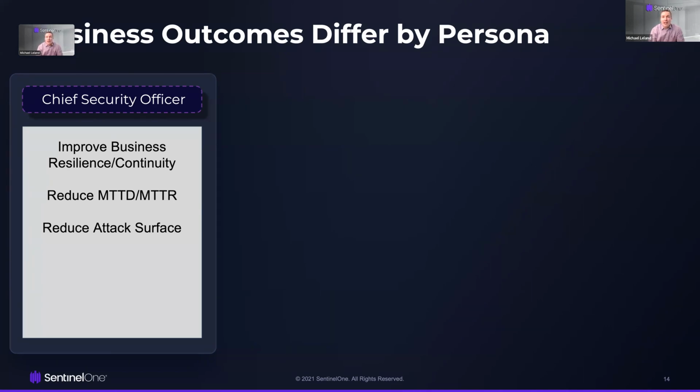But it's also important to know that even though they may not get into the minutia of how it's done, they do understand that reducing the mean time to detect and mean time to respond, reducing the dwell time, is probably one of the most important metrics, because the longer an adversary has to play around in your environment, the longer he has to affect things like privilege escalation, lateral movement, entrenchment. So the ability for us to detect those sooner and respond quicker also helps to maintain that first objective of business continuity. And lastly, of course, the best way to do that is to evaluate and reduce the attack surface,